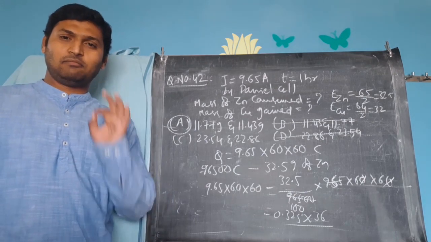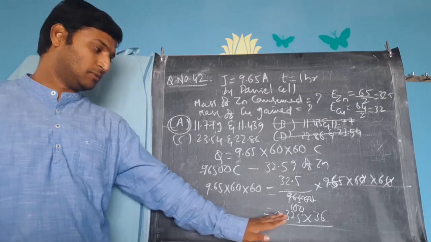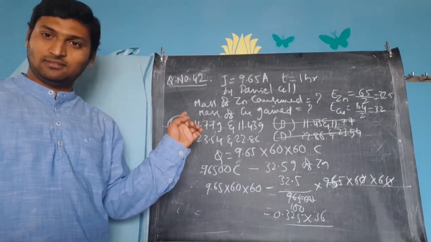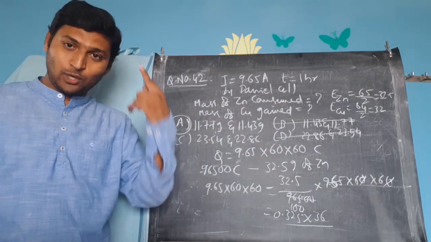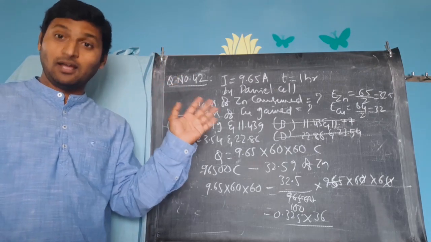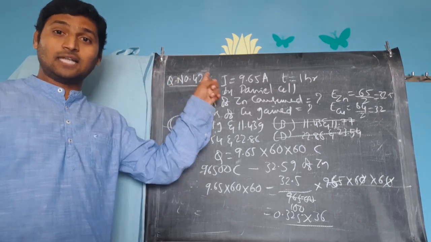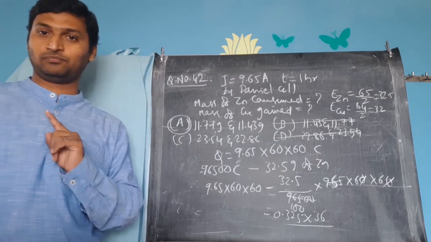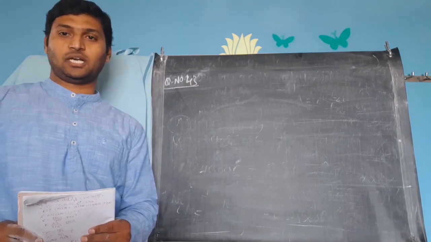Please observe the minimum possible energy I am spending on calculations. I am analyzing the options. I am comprehending the options in my mind only while I am working out the question. But for that to be done, conceptually you should be very strong. Otherwise that is not possible. Please understand that. Okay. Now let's switch to question number 43.